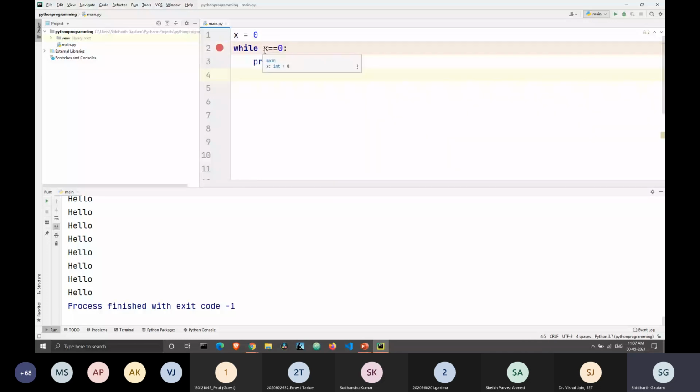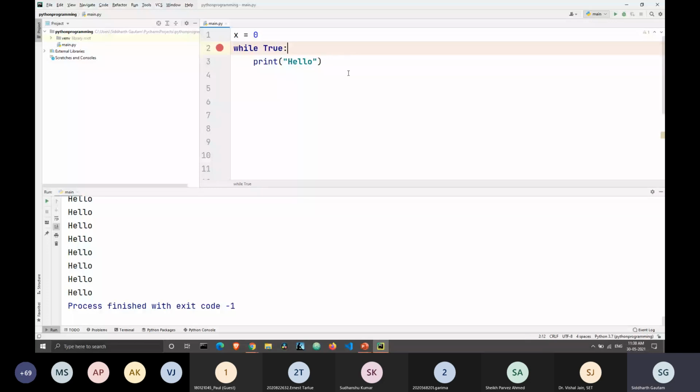But there's another way to do this that's even faster. If you want to execute something an infinite number of times, you can spare the burden of calculation to Python, and we will remove this, and we can straight away write True here. Since True will always remain true, if I execute this, it will again get printed an infinite number of times.